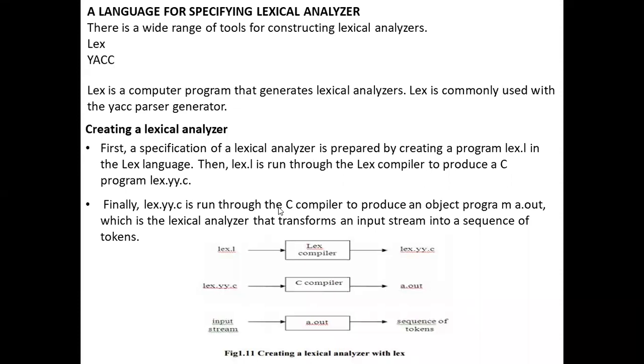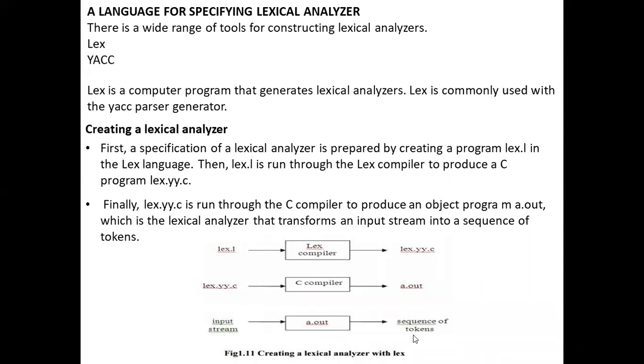Then lex.l is run through the Lex compiler to produce a C program called lex.yy.c. Finally, lex.yy.c is run through the C compiler to produce an object program, a.out, which is the lexical analyzer that transforms an input stream into a sequence of tokens.